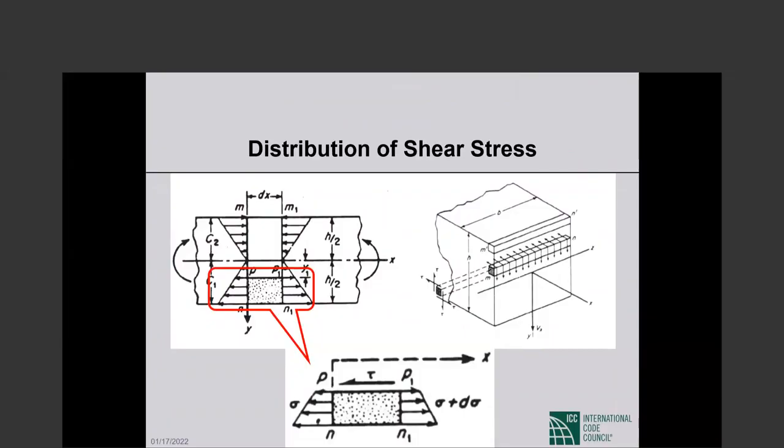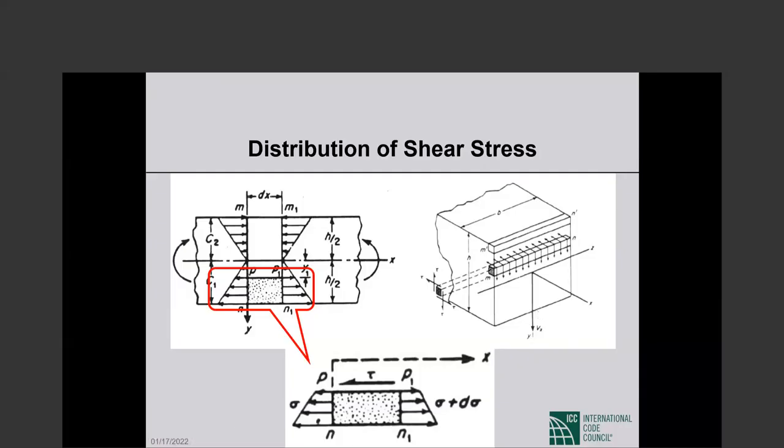Okay. Then I have taken a picture from the old textbook of Strength of Materials by Timoshenko and Young, which has been used around the world. And I would actually like to read a little bit out of my old copy, which I looked up in preparation for this course. Okay. We begin with the simplest case of a beam of rectangular cross-section and assume that V sub x